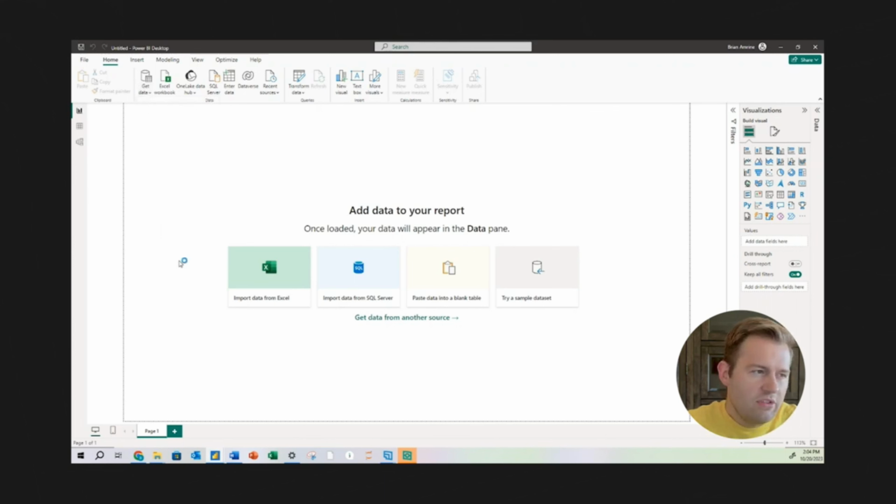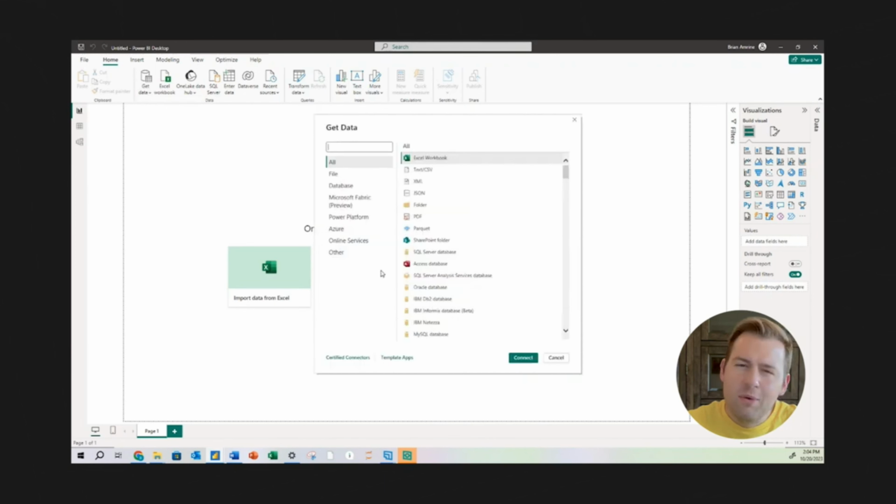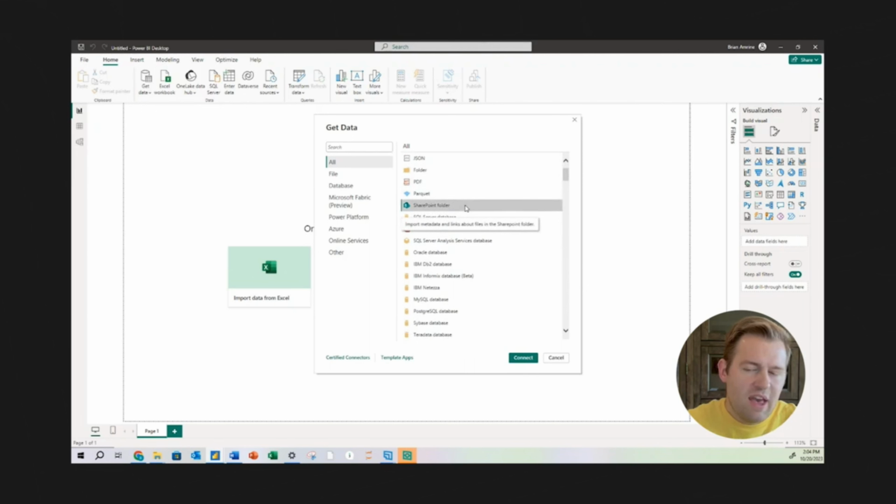And then I want to show you what happens when you click on more. When you click on more, you have access to all kinds of other data sources. I'll just call out a few here. SharePoint is a really good one. In fact, if you're going to import data as an Excel workbook or a CSV file, perhaps you have people